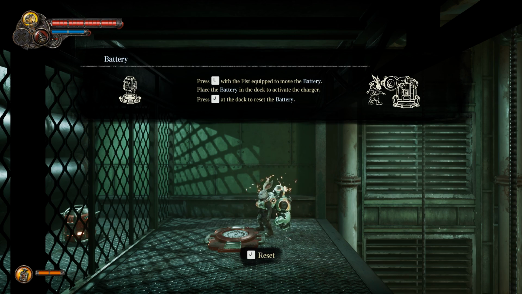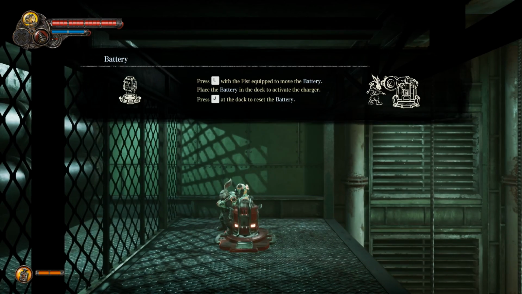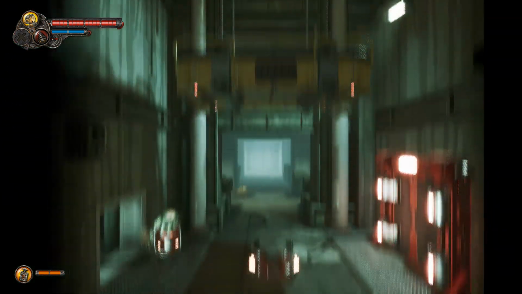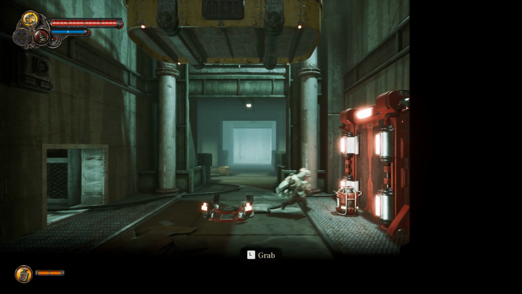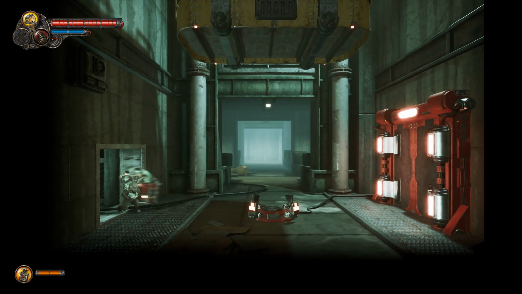Okay. Place the battery in the dock to activate the charger. Huh. That's a weird... Was that not supposed to be where it was? Or... Nope, that's... Darn it. How do I just let it go? Apparently I can't. Okay, well...